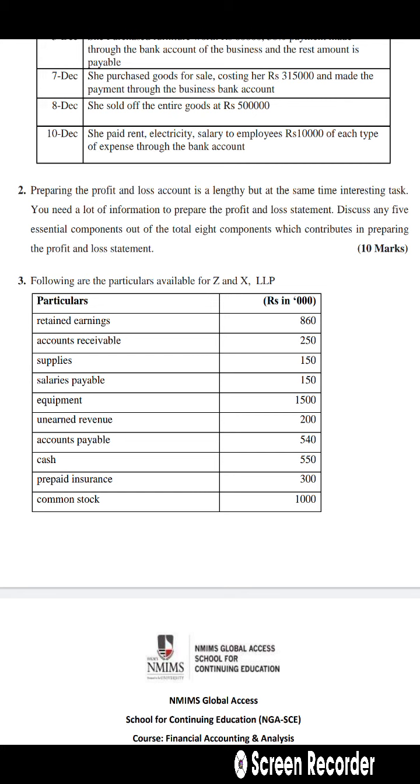Tax is normally considered after we prepare the net profit. So in this, the net profit is also another very important element. You can take net profit as a component of the profit and loss account, because whatever we are getting out of it, the extract is the net profit. Net profit will give you the exact figure of what we are actually getting, because there will be a huge difference between the gross profit and the net profit, because in the gross profit we are only considering